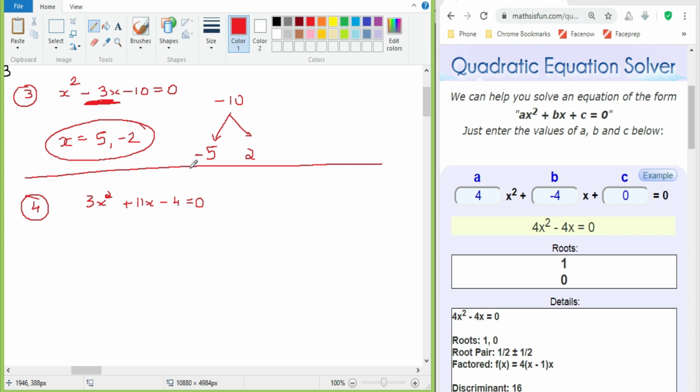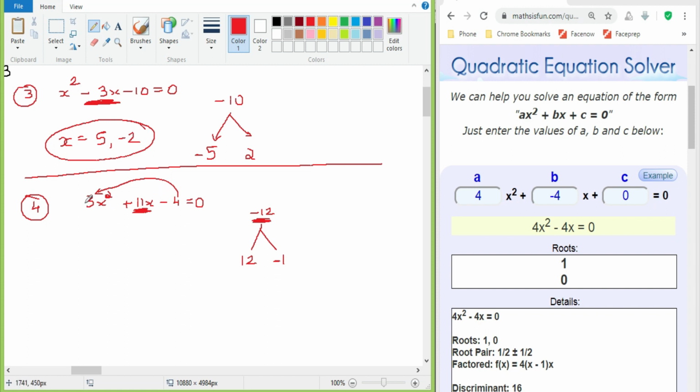Now what happens when the coefficient of x square is not equal to 1? We'll follow the same steps here. The tree product should be the product of a and c. So it is nothing but minus 4 into 3, that is minus 12, and we have to find out the product values. Look here, the difference is 1 here. There is only one difference, then the values should be 12 and 1. Since this is positive, this should be negative. Getting it, guys? Try to understand, don't get confused.